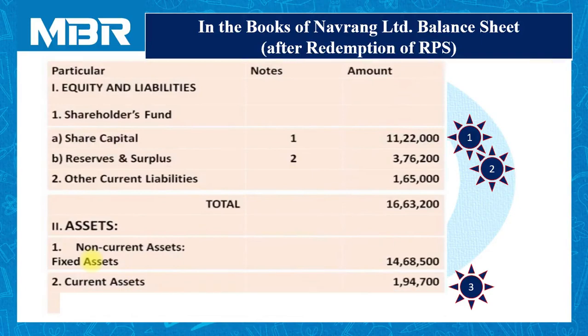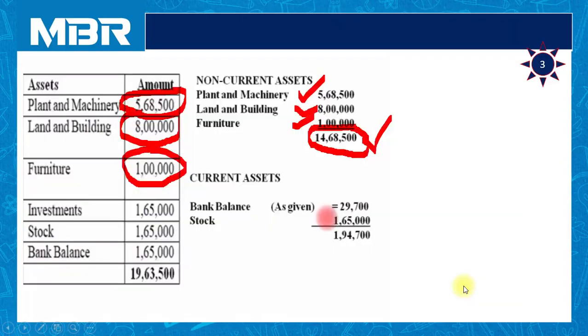Now, the second item is current assets. We have to calculate our current assets very perfectly. Why? Because cash or bank balance is also part of the current asset, and as you all know, so many transactions are included in the calculation of cash and bank. So we have to calculate our current assets very properly.